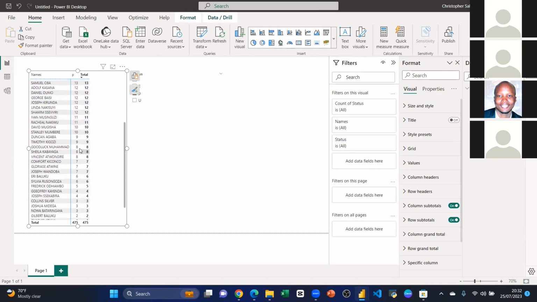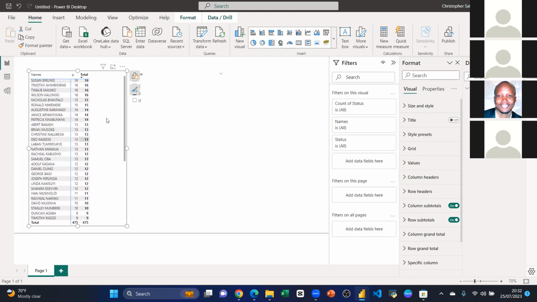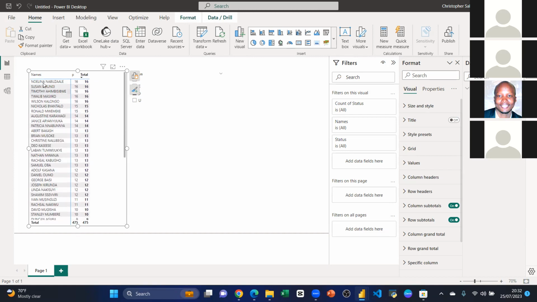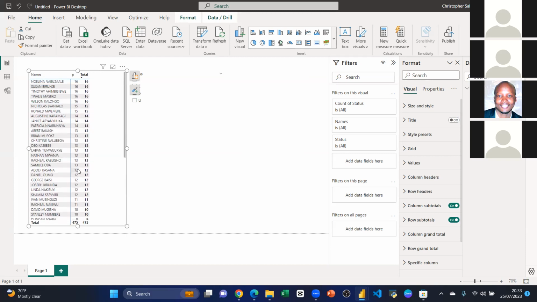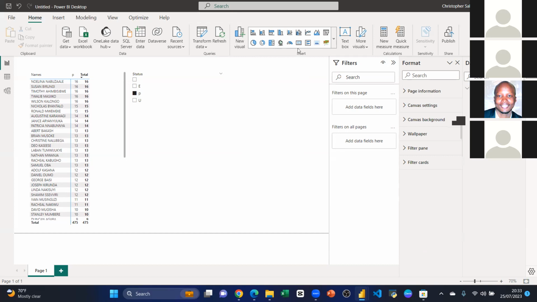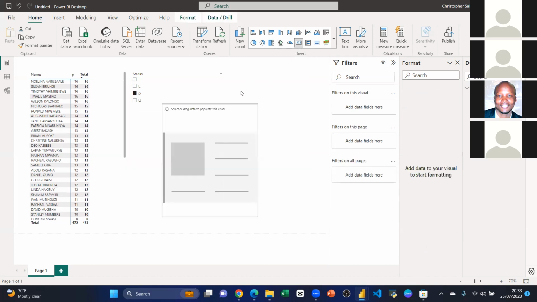So here you can easily see the people who have attended more sessions. So even though I've done 19 sessions, no one has attended all 19. So the best people have attended 16, and that is Noelina, Susan, Timothy, Twalim, and Kalongo. Then the next 15, Nicholas and Ronald. The next Augustine and that. Then there are these ones of one where we have Barasa, Onyango. I think these ones attended the first session. So we have already done a quick analysis, which means now you can even create your card and do all the dynamics,